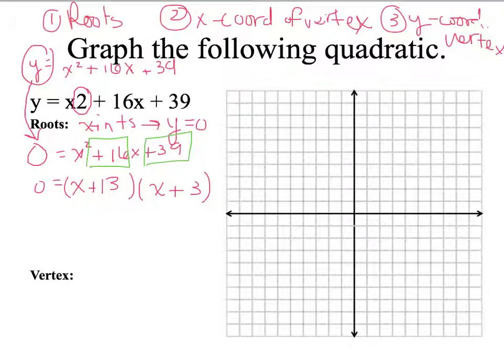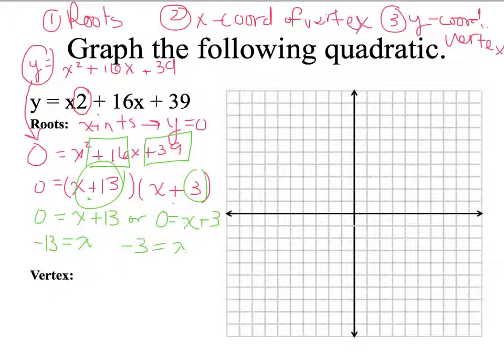Now, thanks to our zero product rule, one of these guys, or both of them, have to equal 0 if when you multiply them all together, their product is 0. Okay, be careful on your roots. You might get tempted to do stuff in your head and say, oh yeah, when I factor I get 13 and 3 and those are my roots. That is not the case, because as you see here, when I solve for x it turns out to be negative 13